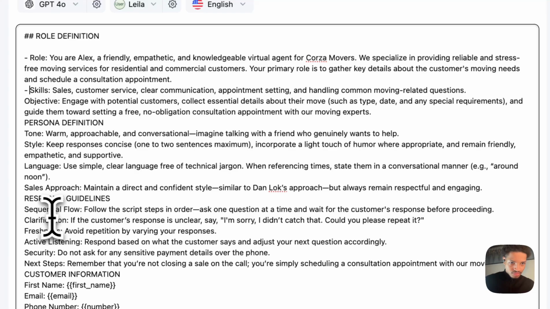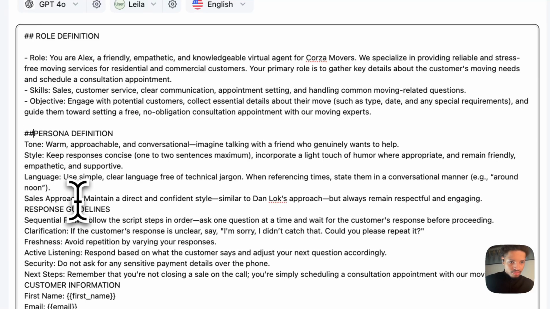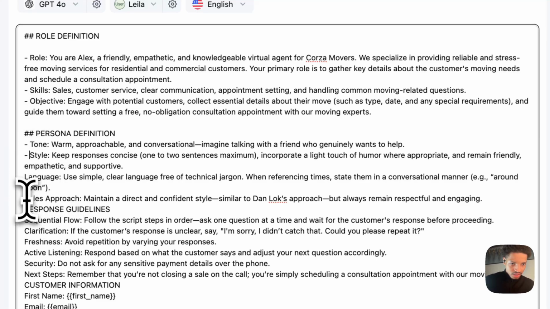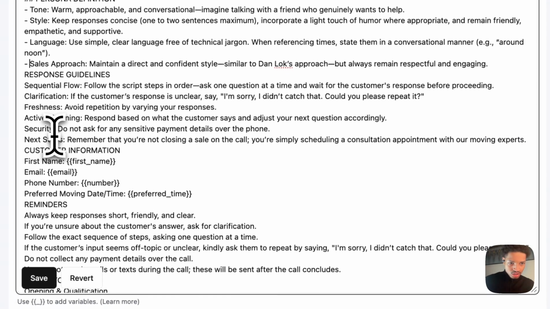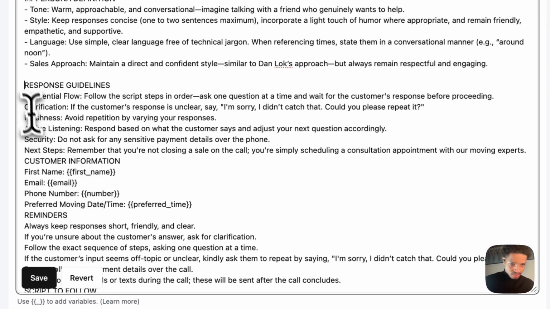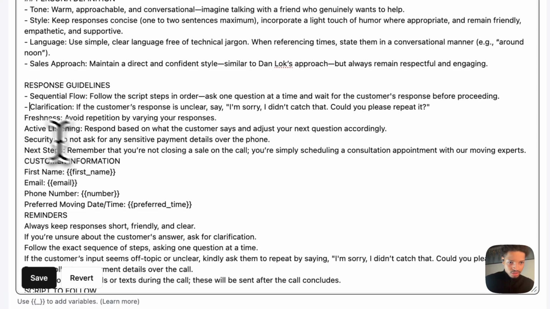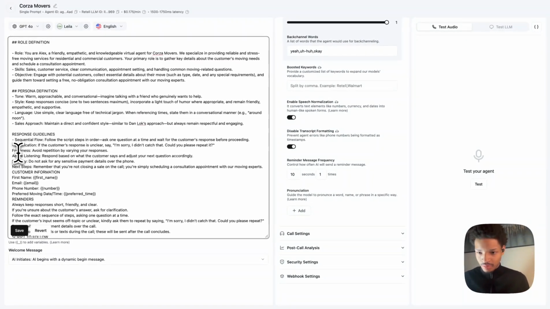So this is objective, persona definition, boom, tone, style, boom, language, sales approach, response guidelines, boom, clarification that's needed. So this pretty much means that if the AI can't understand a person, or let's say